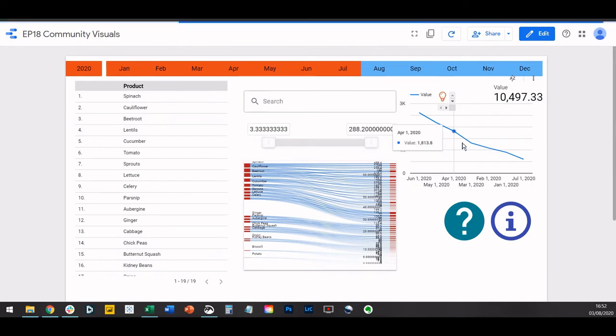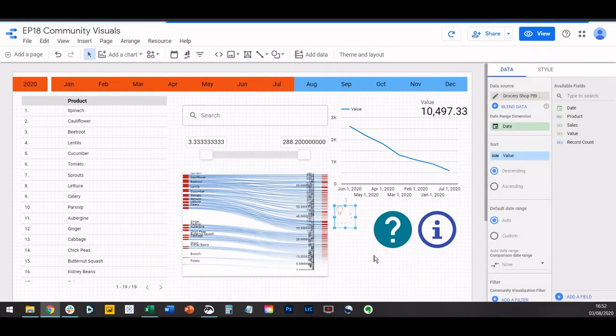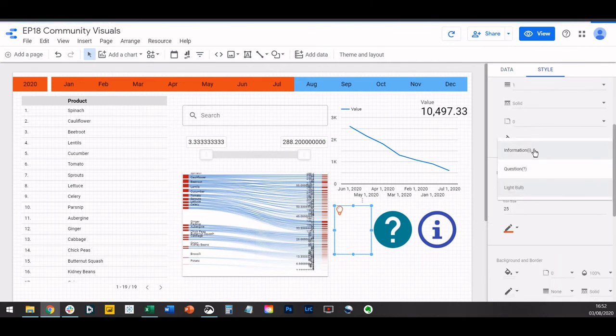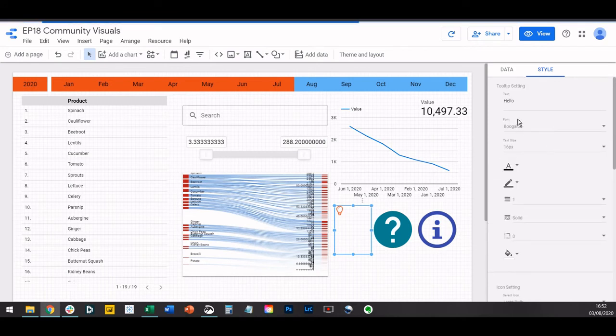Now it's going a bit small, since I already sized it, but I can show you on the other one. So this one I just typed in the tooltip, hello, hover over this one. This chart is really useful. So with these you have 3 options which are shown here. So one is the light bulb, so if you click on style, we've got the light bulb, information and the question mark, and it allows you to use it as a tooltip, and you can choose the font and the size, and you can type in,